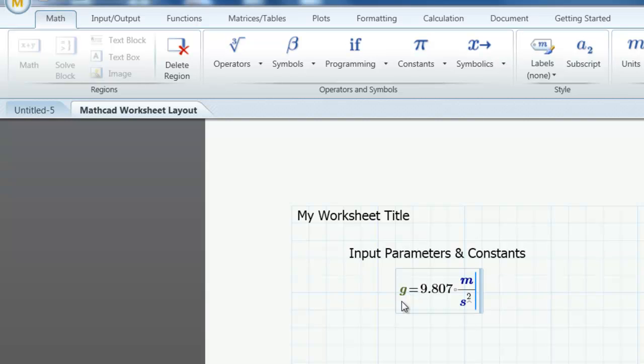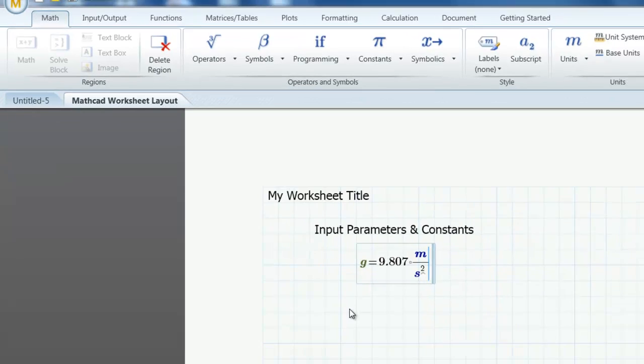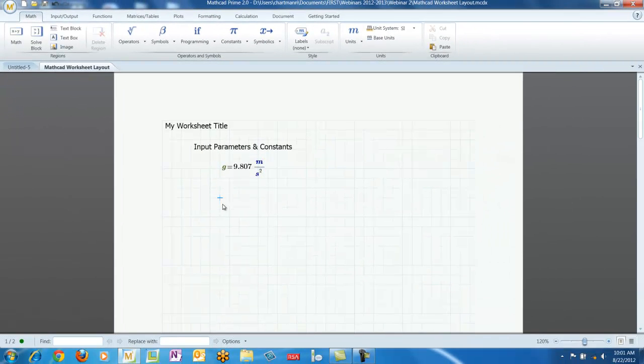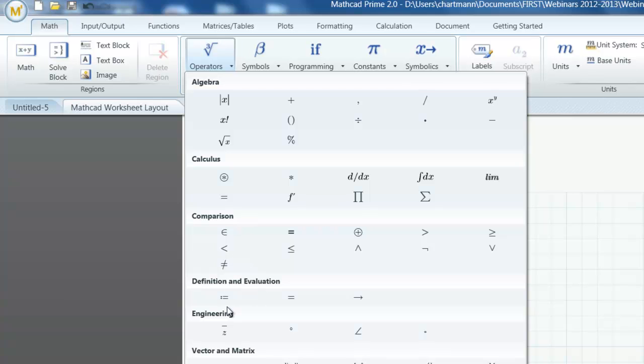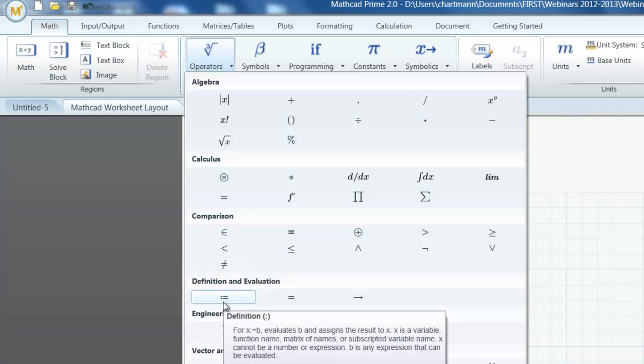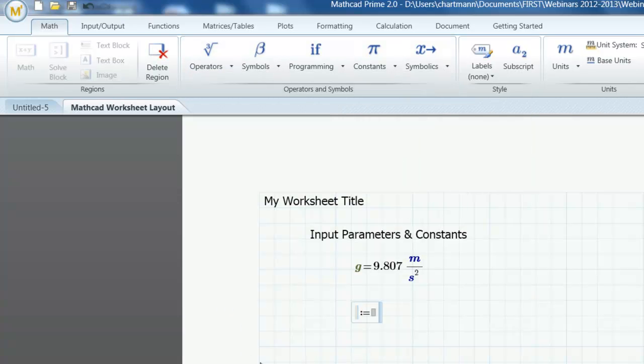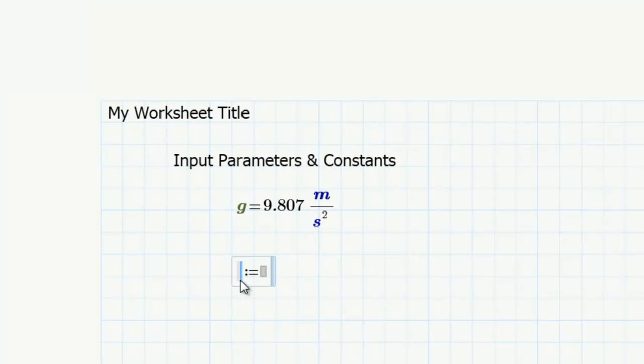It'll turn G green to show that this is a built-in unit, and it'll apply the units in blue, meters per second squared. Now I'm going to click below that because I want to define my first parameter. In order to insert a parameter, I'm going to go up to the operators menu and I'm going to do a definition. So I'm going to hover over the definition icon and see that colon is the hotkey, but I'll click on that icon